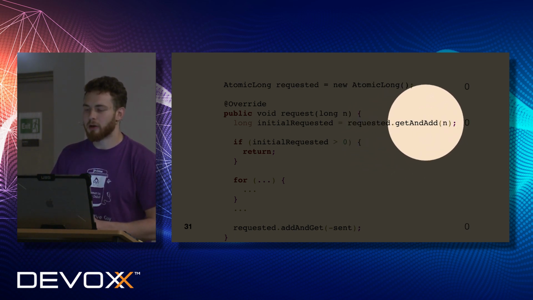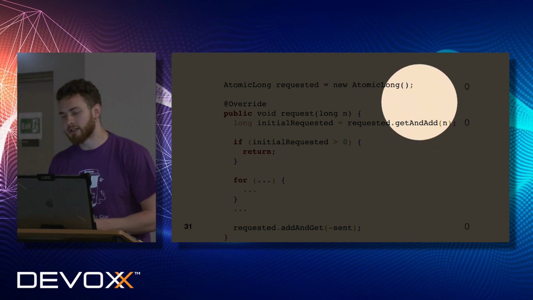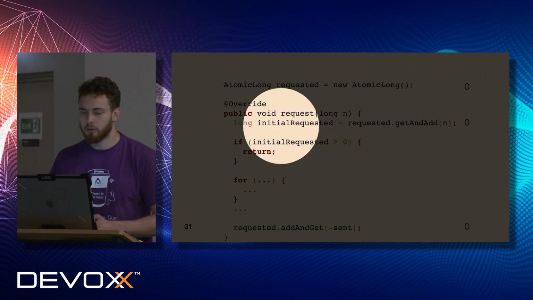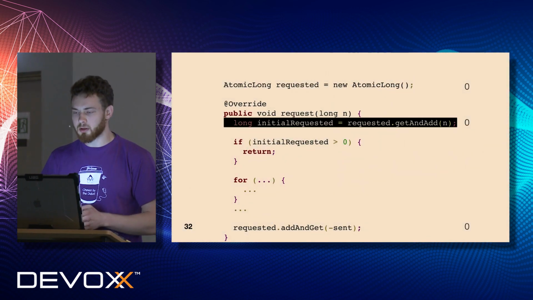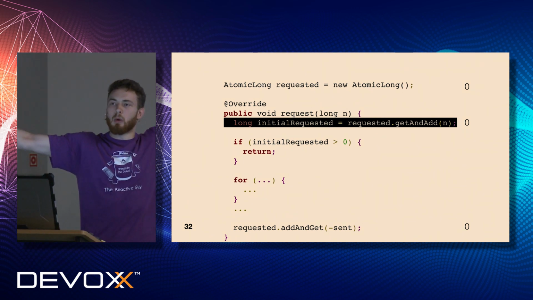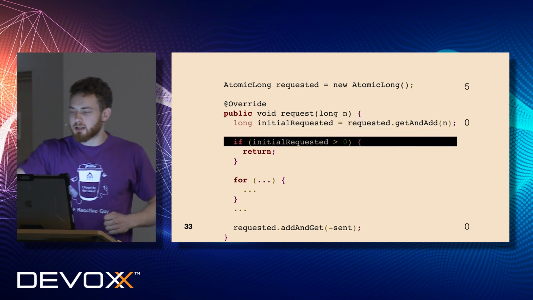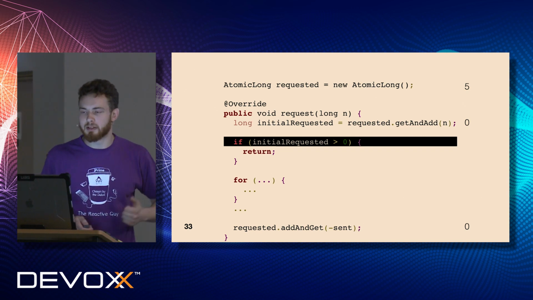So here we are running the atomic operation get and add, which means that we are going to add something to this field. So this indicator will be changed, and we will read the previous state, and this will be atomic. So just imagine that we've got a thread, black. This one is the first thread. Thread black is the first one, so he tries to add a few elements to our requested field.